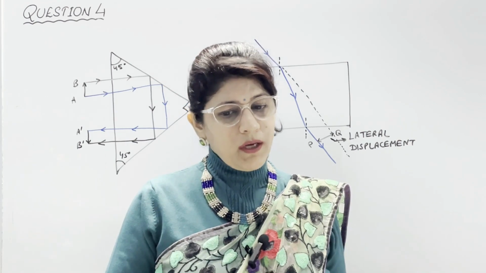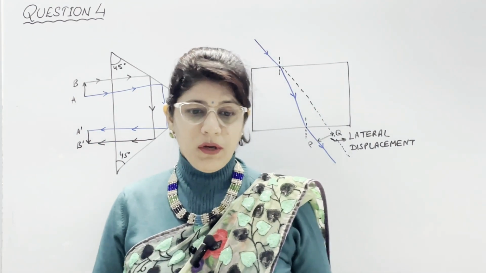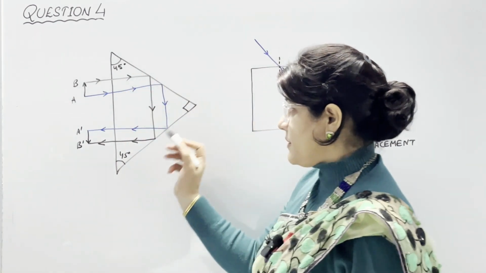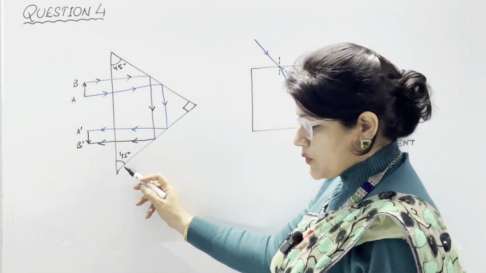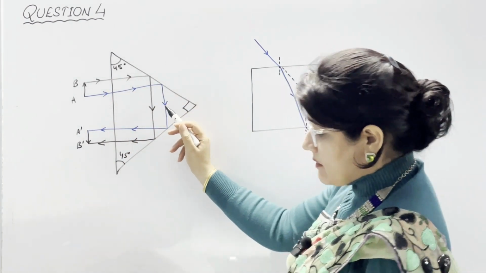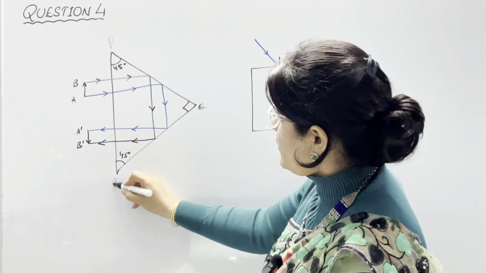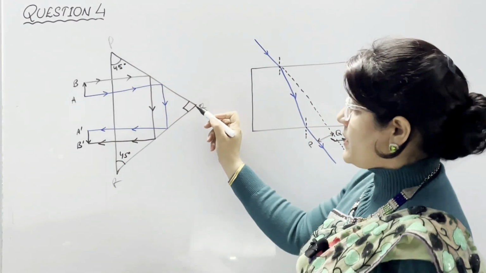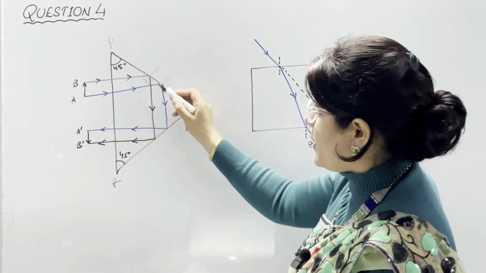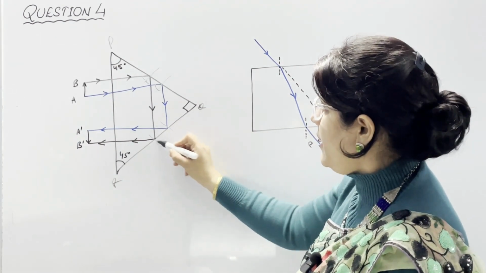In second part, copy and complete the ray diagram for the image formation of an object AB kept in front of the glass prism. Critical angle for glass surface is 42 degree. This is a total reflecting prism, 90 degree and 45 each. So at first surface the rays go undeviated. You can see they are going undeviated. At second surface, here, if we want, we can give the name of this prism. At this surface, PQ surface, you can say the rays are deviated by 90 degree. On second surface, QR also, they are deviated by 90 degree.